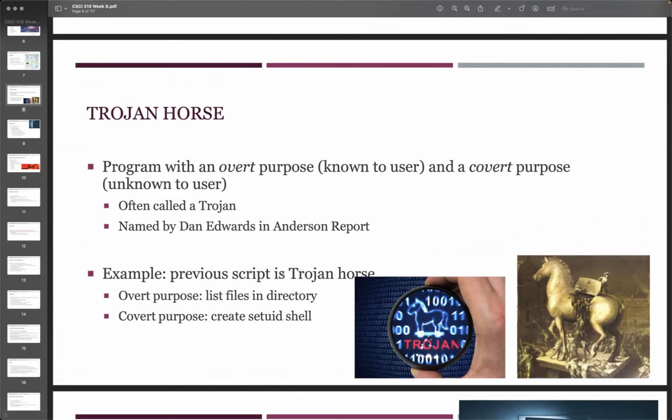Okay, so we know the Trojan horse. This one is mainly trying to hide the purpose. That means we need to know the certain user and try to convert the purpose to something unknown to the user. So that's what we try to do. Mainly, let's say if we want to list the files in the directory, or sometimes if you want to create a set user ID shell, all of them they will pack or embed inside a certain script